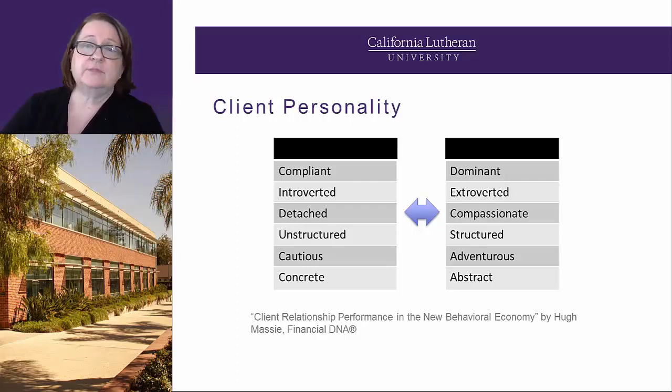Somebody might describe themselves as a really strong, outgoing personality. And at that point, you say to yourself, okay, that's a dominant extrovert. I got it. You're going to have people whose hobby in life is rescuing animals. They're going to be really high on the compassionate scale. If your client has 15 cats, they're probably compassionate.